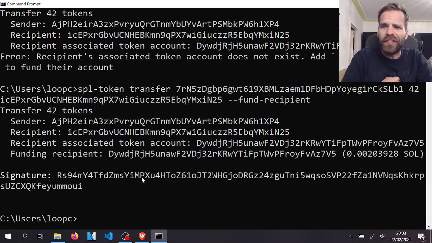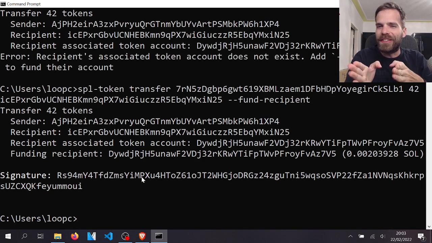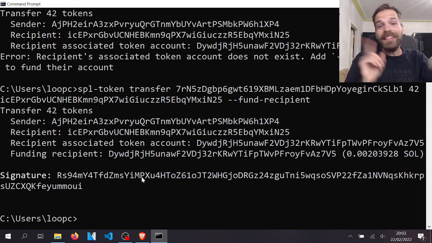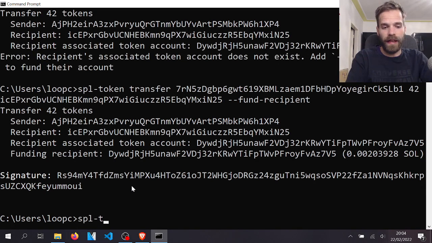But what if I say the ICE is so cold and he did some awful things, and I want to freeze his tokens such that he cannot use them anymore? There is this concept of freezing token accounts, and it's natively implemented with the Solana token program. So the SPL token program. And it works like this: spl-token